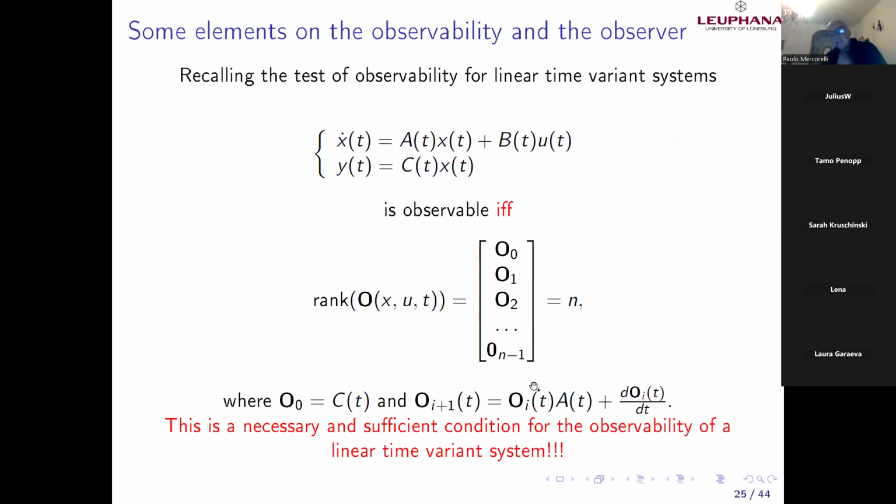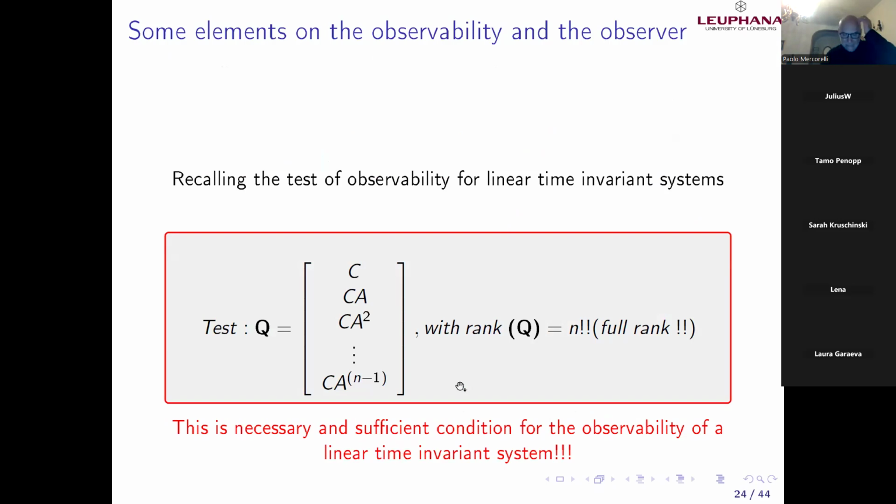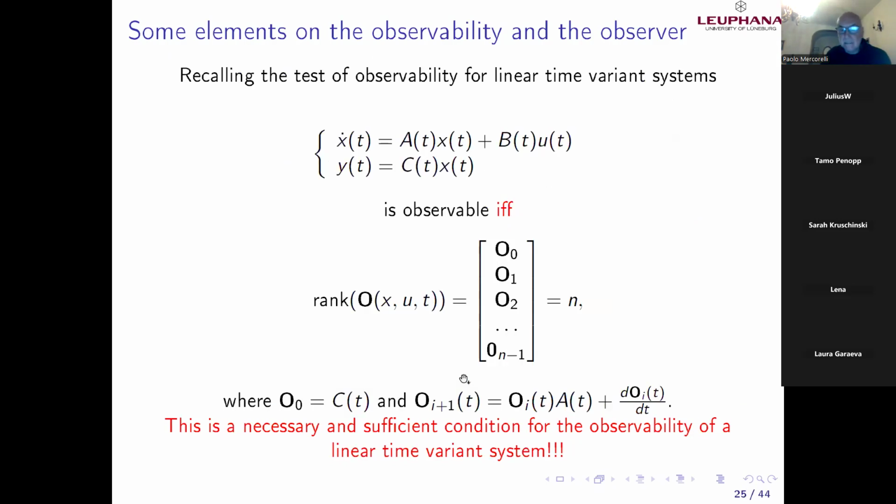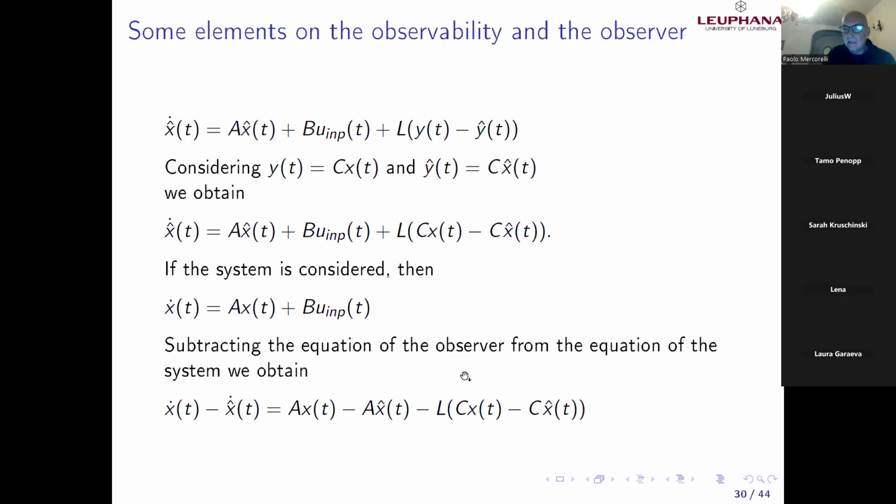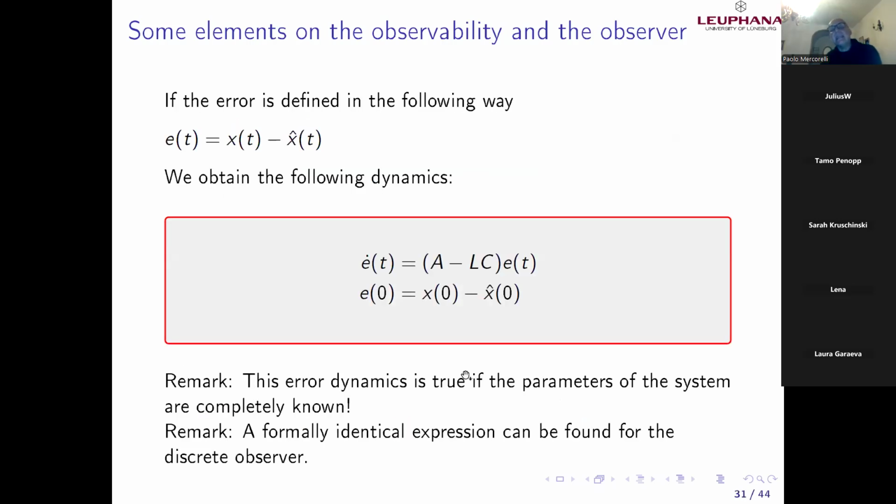We can see in both, linear. The keyword is linear. We basically have to do with two matrices, two structures, A and C, here not depending on t, and here depending on t. And we concluded last time saying that, of course, we have the dynamics of the error of estimation, which depends again on L and C, but in the structure of the observer, everything can be managed,